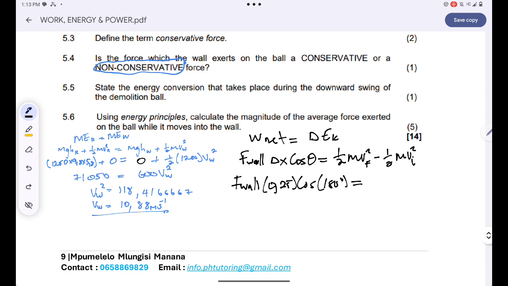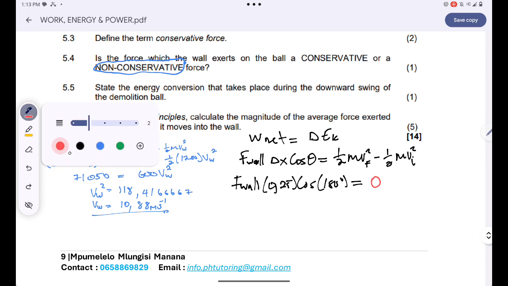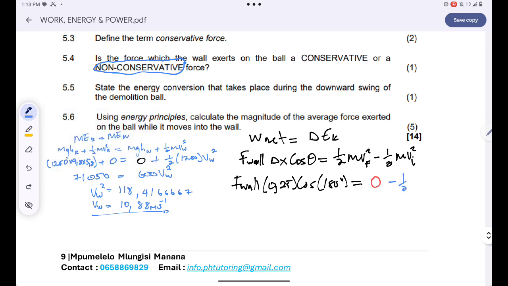After the crane ball has traveled 0.25 meters horizontally, it will come to a stop. And whenever it comes to a stop, its velocity will be 0. When the velocity is 0, the kinetic energy will also be 0. All right, together. Now I have negative 1 over 2 multiplied by 1200 and then 10.88 all squared. I will simply have negative 0.25 multiplied by F wall being equal to